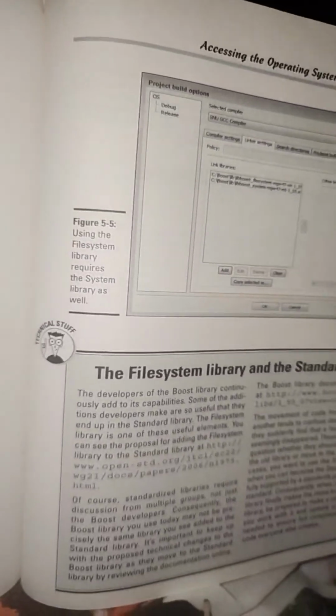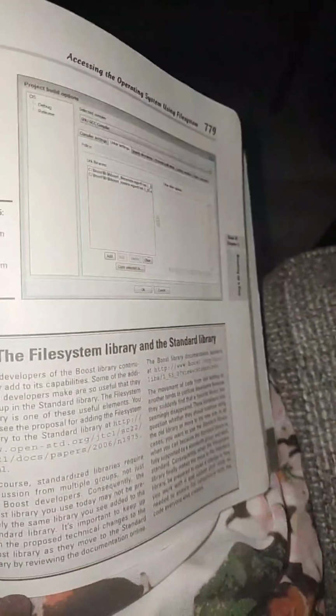Now we have a side technical note: the file system library and the standard library. The developers of the Boost library continuously add to its capabilities. Some of the additions developers make are so useful that they end up in the standard library. The file system library is one of these useful elements. You can see the proposal for adding the file system library to the standard library at